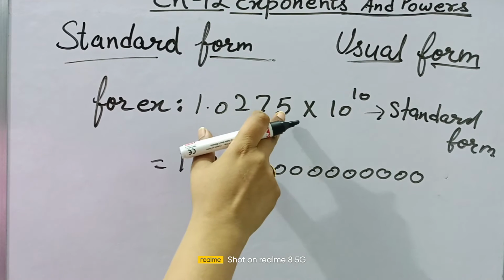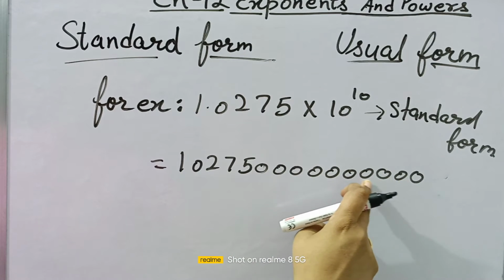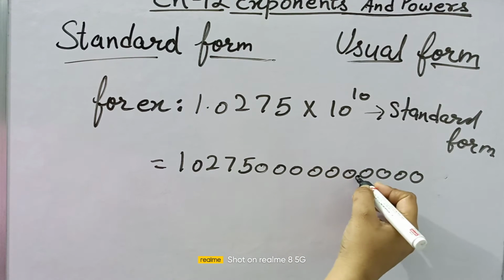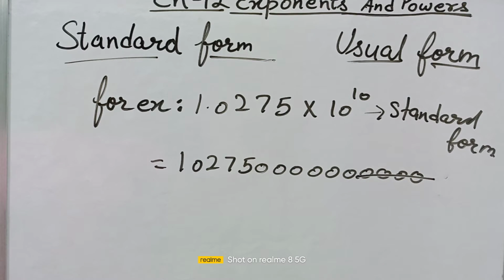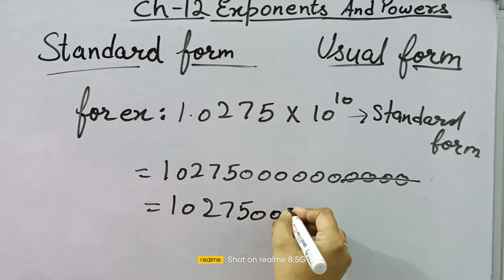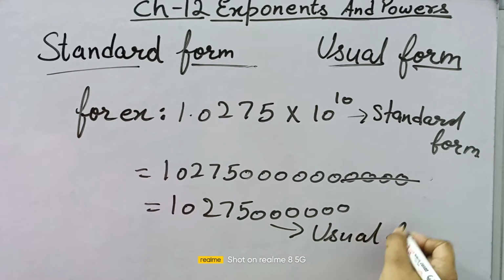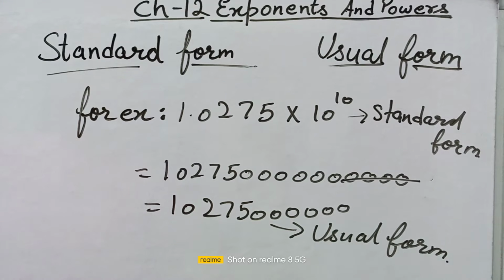Now there are decimal after 4 digits. So we will write this decimal after 4 digits. 1, 2, 3, 4. Decimal will come here and these zeros will get washed off. So this will be known as its usual form. Now that means for very large numbers and for very small numbers, we use these standard and usual forms to write. Now let's understand it with exercise 2.2.